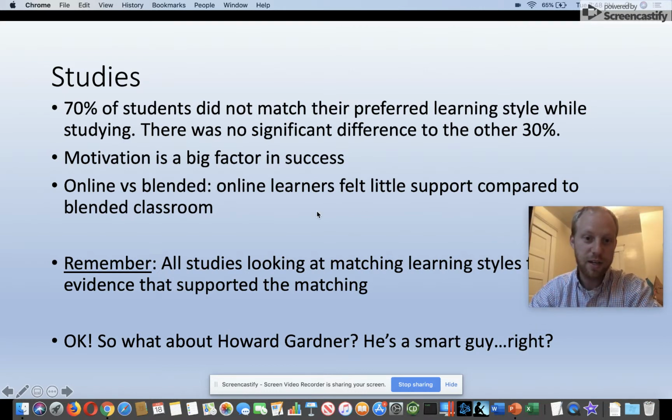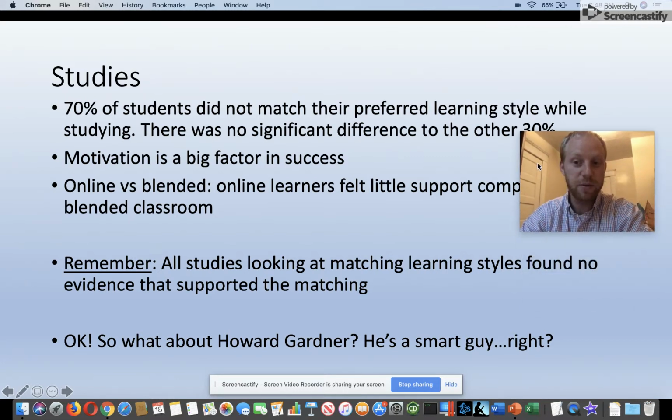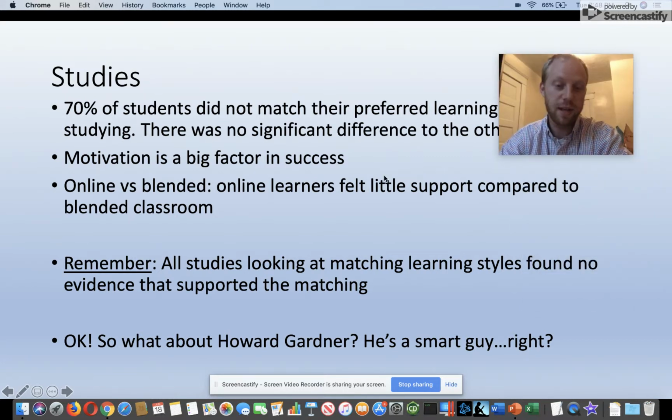In this study, the online learners felt less support and they felt like they were doing more work than in the blended classroom environment. I just really want to drive this into the ground. Matching a learning environment is not supported. So I learned all this,